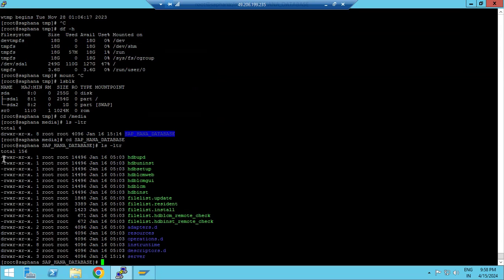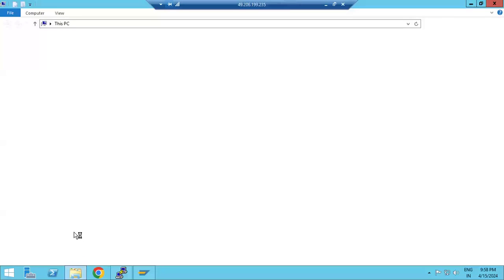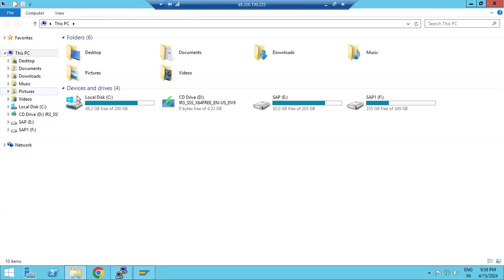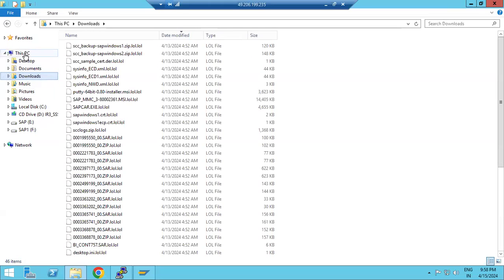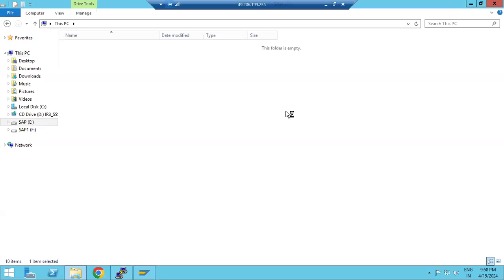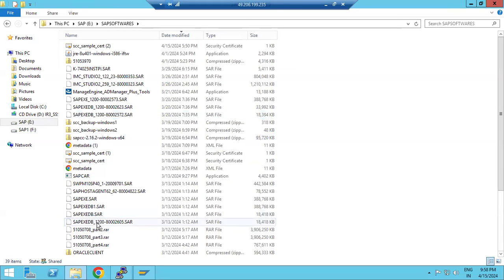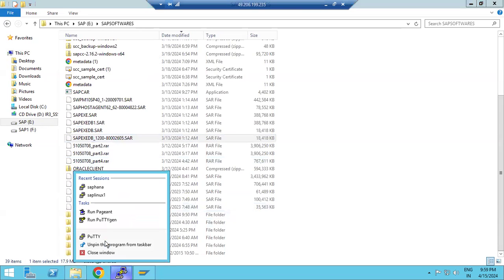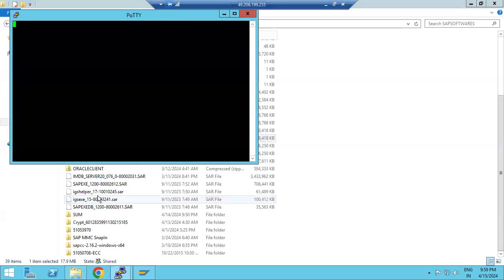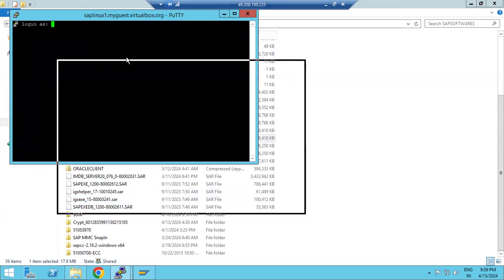You see the list of files inside the folder. When you download the HANA database software, you will get the SAR file, HANA database something like that. When you go to download the files, for the HANA database files you will get the SAR files. The names of the SAR files you will get. So if you extract those SAR files here,